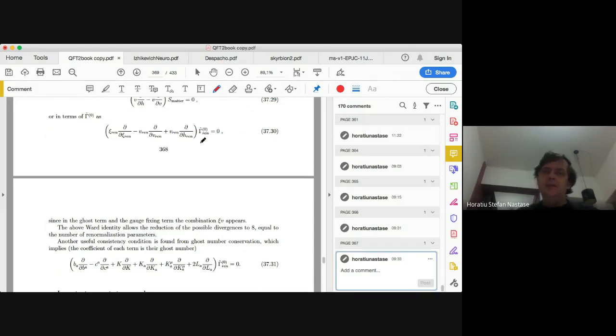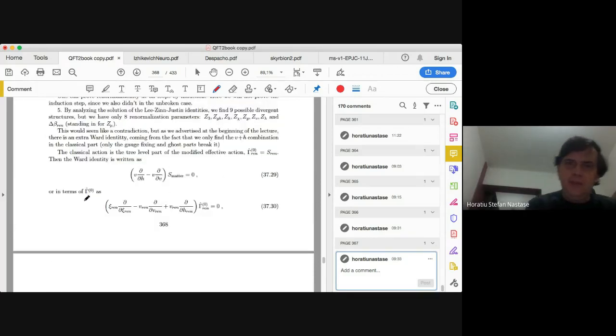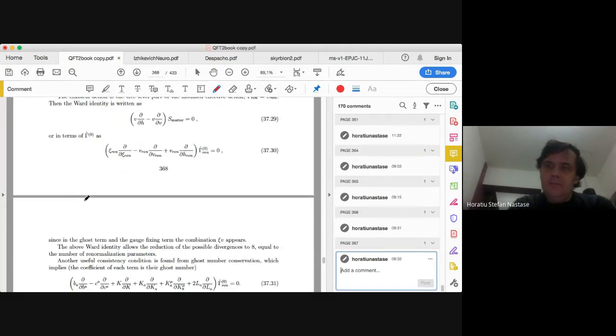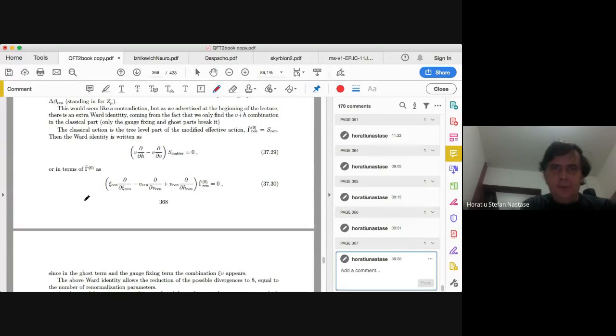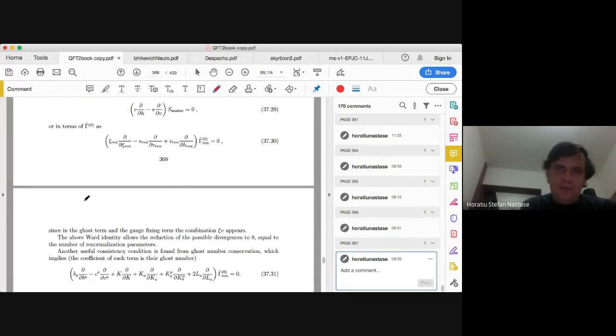This is a Ward identity that reduces the possible divergences from 9 to 8, which is equal to the number of renormalization parameters, which means we have renormalizability, at least at the one loop level. So this in principle proves the initial step, and then we'll have the induction step